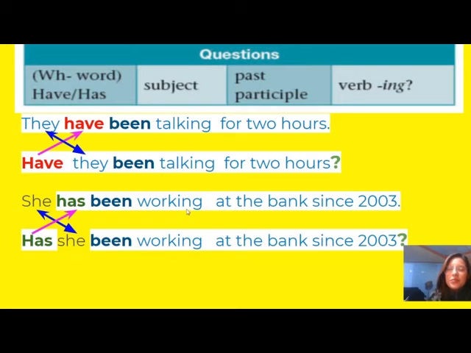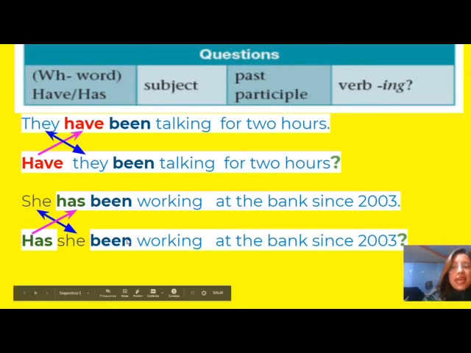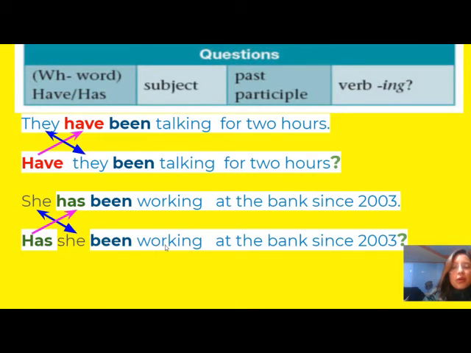She has been working at the bank since 2003. Okay, now, if I want to change in question, you have to change the order or the position of the subject and the auxiliary. In this case, she, you have to write in the second part, and has, you have to write in the first part. For example, has she being the verb be in past participle and the verb work with ing, working,